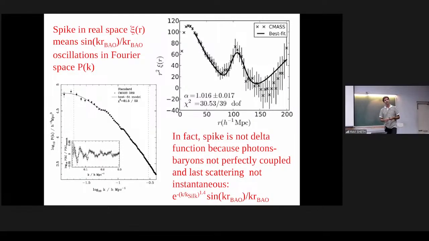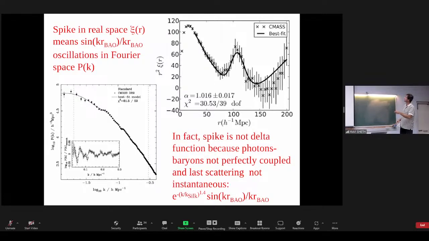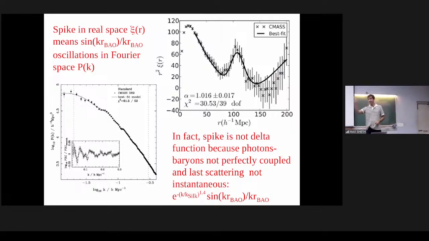To get some intuition, the way to think of this is the following. This curve is basically a smooth curve with a delta function. The Fourier transform of the smooth curve will be some smooth curve. The delta function, if it's at 0, gives a constant when you take the Fourier transform. In this case, the delta function is not at 0. So the Fourier transform of a delta function not at 0 is a J0 Bessel function, sine kr over kr. And so the sine kr over kr is what's making these wiggles.